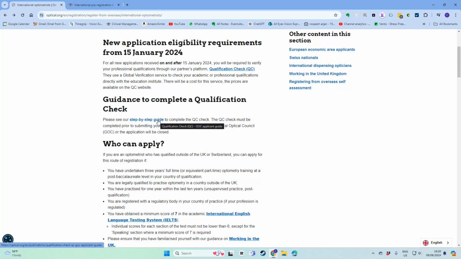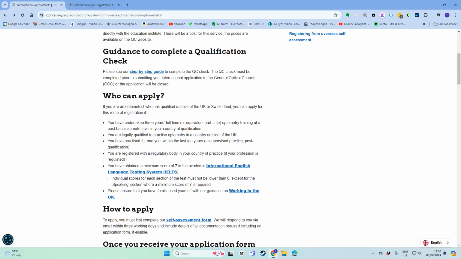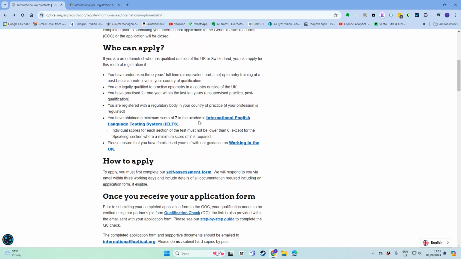Follow the step-by-step process. You've got to have 3 years optometry training, and certainly I'm aware of optometrists who have registered in the UK from India, Nigeria, Ghana, and many other countries have similar equivalent registrations. You have to be legally qualified to practice optometry in a country outside of the UK. So that's typically your home country. And you've been in practice for 1 year within the last 10. You're registered with a regulatory body, and then you've got to do this